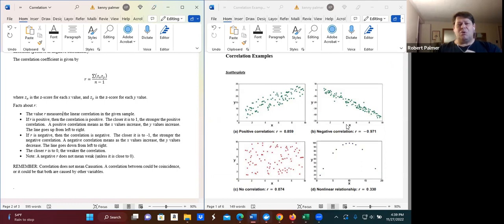So why do you use correlations, even if they can't prove cause and effect? A lot of times they're very useful in trying to find relationships between data. Currently, you may have heard of data science. That's a big area these days in statistics and in business as well, because they're trying to look at data you can collect through the internet, through other means, and determine relationships between the data